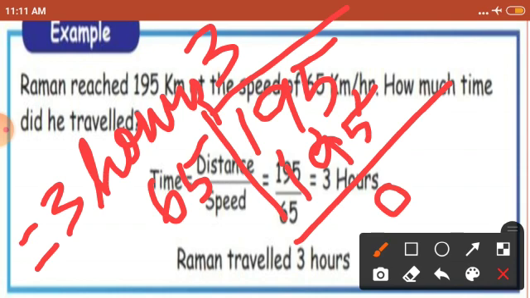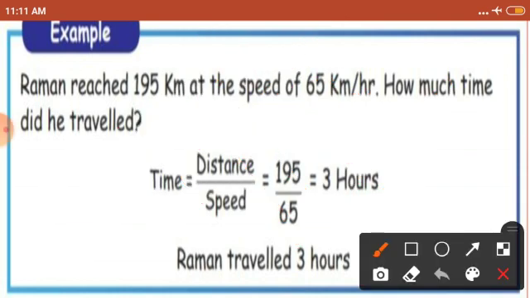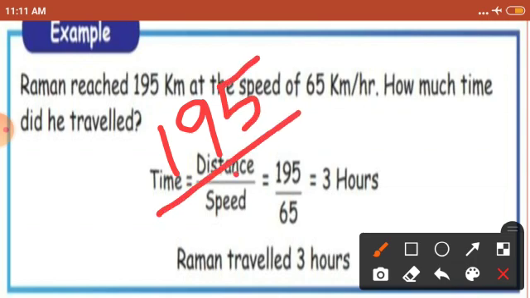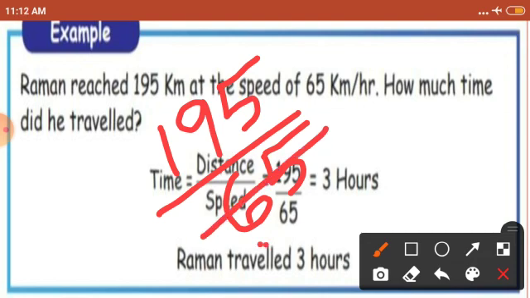We can do this same division in one other way. Let's see that. First write the numerator, that is what? 195 divided by, what's the denominator? It is 65. See, both of the numbers' ones place is 5. If a number's ones place is 5 or else it is 0, then that number will be divisible by 5. So I am going to divide these two numbers by 5. Just to see this, take the first number, it is what? 6, right? So 5 1s are 5. Remainder is what? 1.